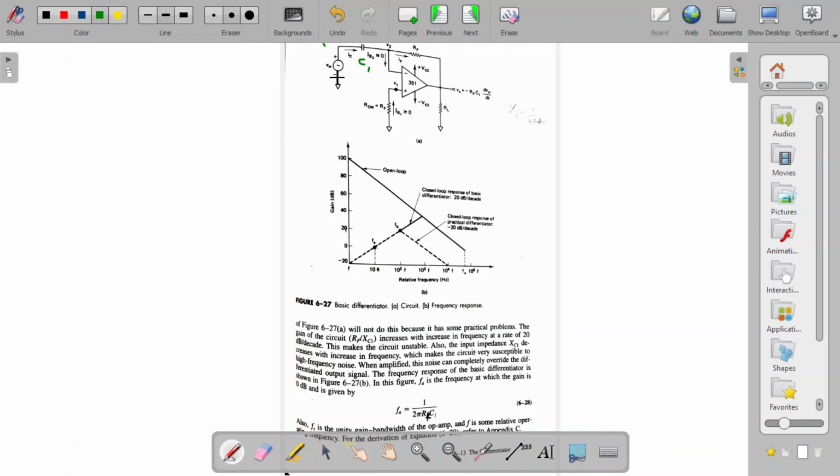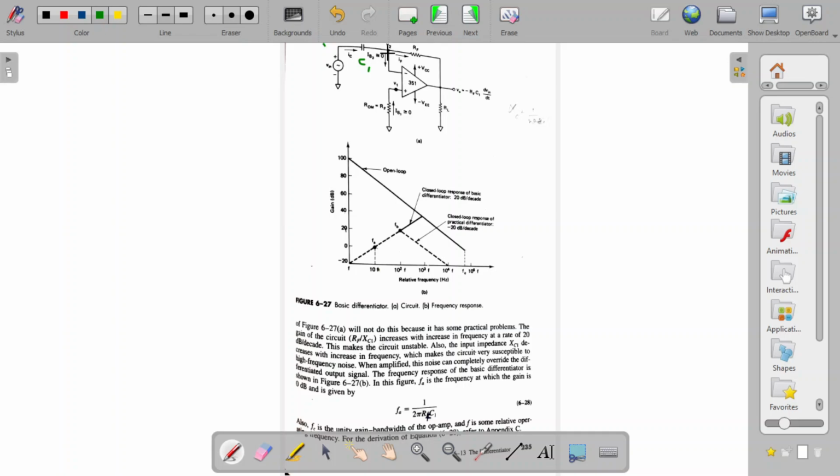Now you see, this is the current IC passing through the capacitor, and this is the input signal. This is at a higher potential when compared to this junction, so current flows towards the junction V2. Now this is the output point, which is highly negative because it is inverting mode configuration. So the output will be very high, but highly negative. So this junction comparatively has a higher potential, and the current is flowing from the junction V2 towards VO. So the current flow direction is now clear.